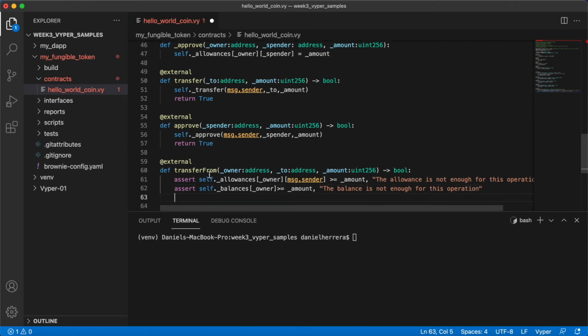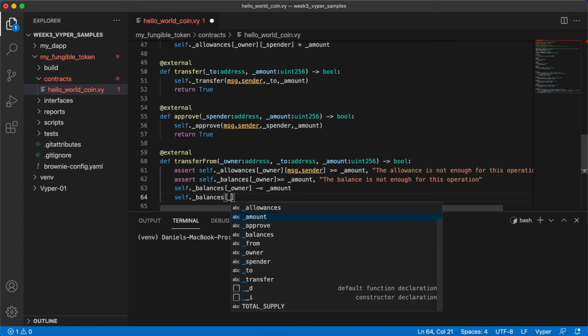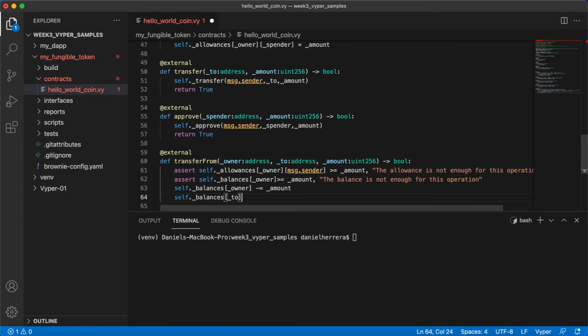Now that we have these checks here, we are just going to do the following. We are going to transfer the token, so we're going to do self balances of owner is going to be minus equal of amount, then self balances of to is going to be plus equal amount,